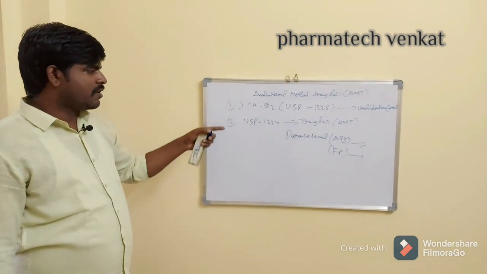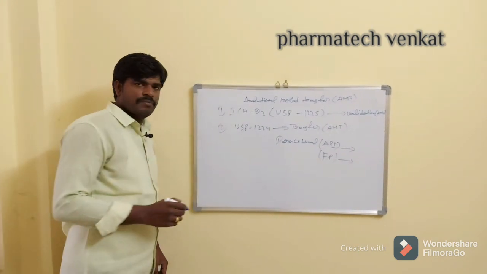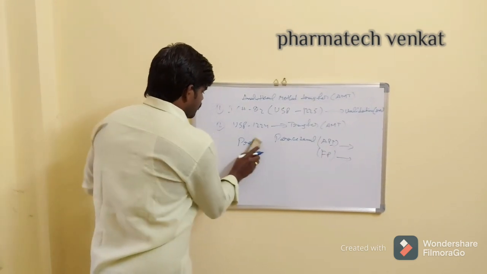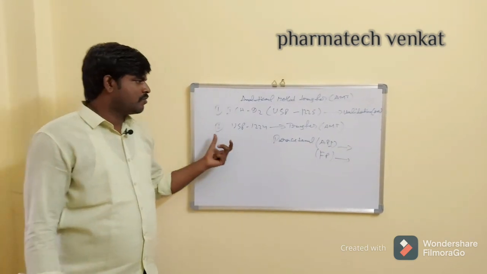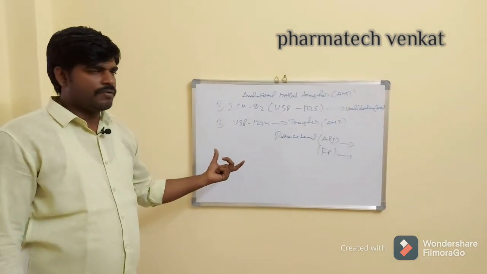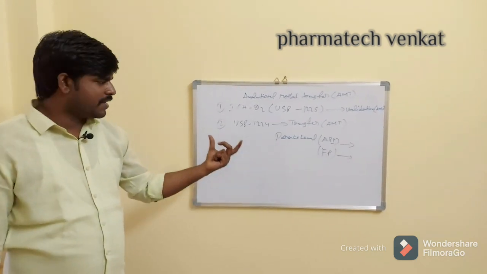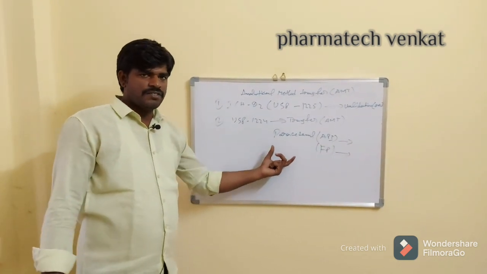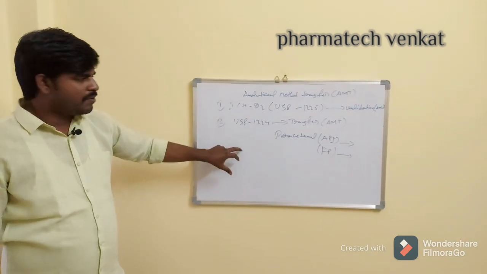Whenever you want to do any transfer activity, first a pre-approved protocol is required to perform the activities. This pre-approved protocol consists of the objective. What is the objective of this protocol? We have to perform the analytical method transfer activity of the particular product with a particular test. What are the tests we need to perform? Whether assay test, RS test, dissolution, UV, XRD, or whatever. Based on that, we will prepare a protocol.